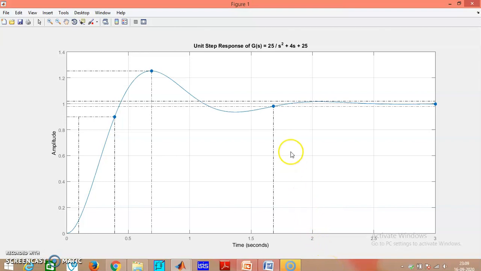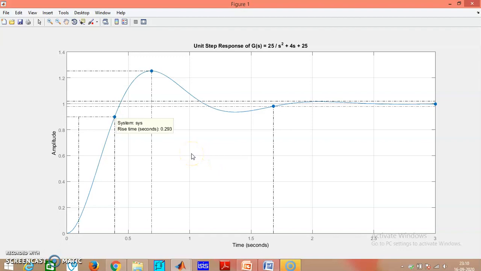Welcome all once again. We have seen how this image is created with the help of the MATLAB program that we wrote for unit step response. Now we know that we have selected the characteristic, so you can extract the information. Just click on the bubble. You can extract the information as rise time. So rise time here is 0.293, but the rise time is defined from 10 to 90% of the final steady state value.